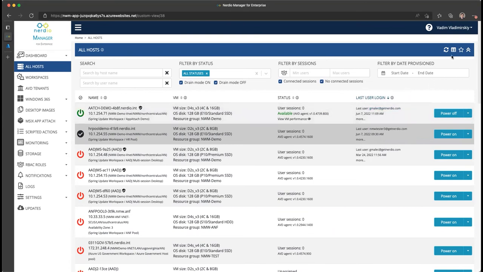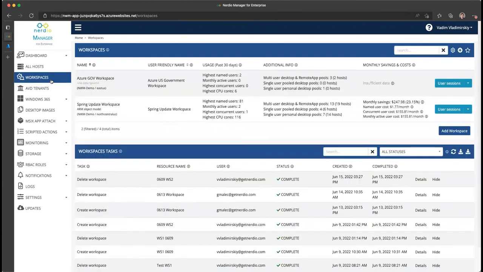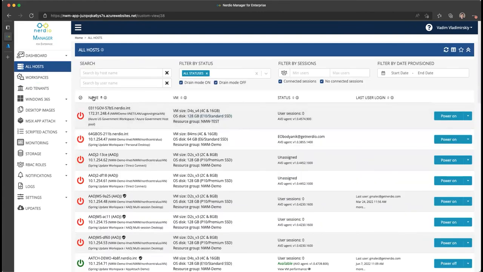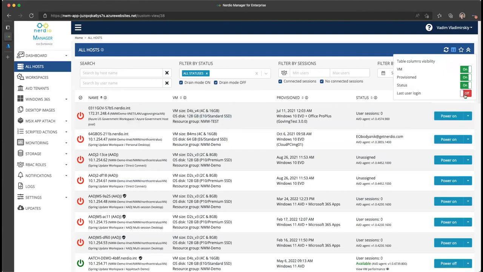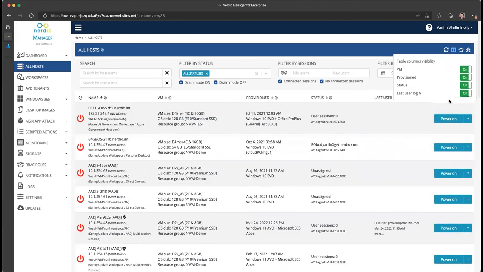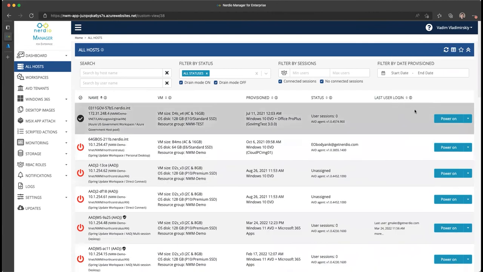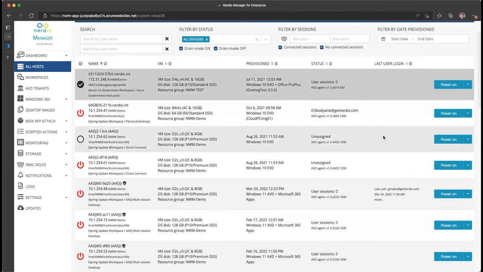Now, the way you make this column appear, which is not going to be there by default unless you turn it on, is by clicking on this little table icon in the title bar whenever you're looking at session hosts. This is available, for example, if I go to workspaces, that button isn't there, but if I go to any page that shows me session hosts, I will have a little column selector. What I can do here is enable and disable various columns, and one of these columns is the new last user login. If I enable it, then this column will come up and I will see this information about who logged in last and when that